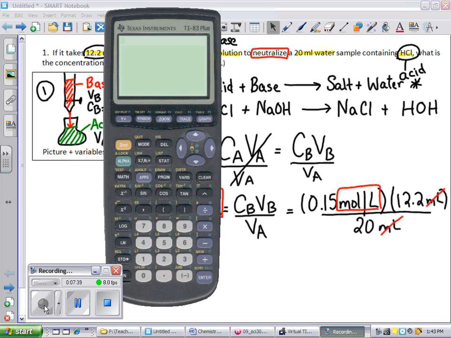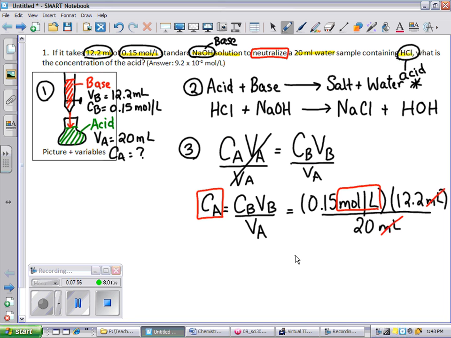So now you can take out your calculator and put in the numbers. I generally put in the brackets as well because that's exactly how you wrote it, so it'll appear exactly like that in your calculator. So after you divide, you should get an answer of 0.0915. Don't forget the units is moles per liter. So that is the correct answer, but now we have to put our answers into correct scientific notation as well